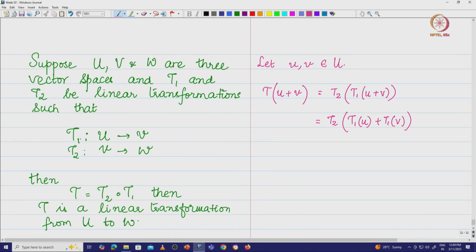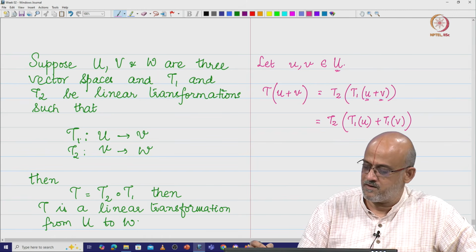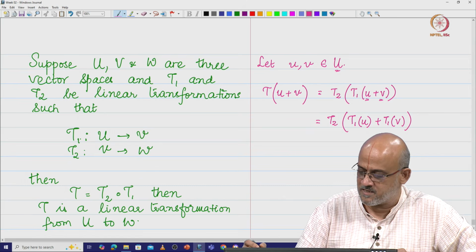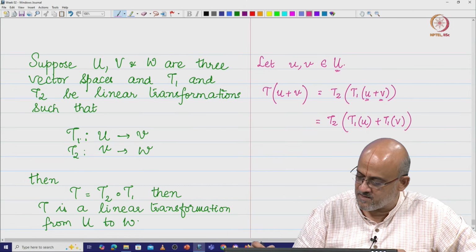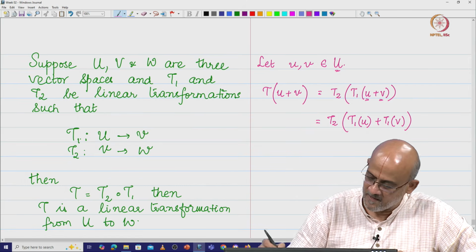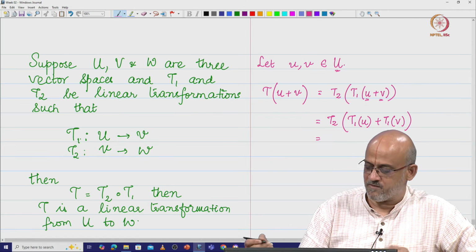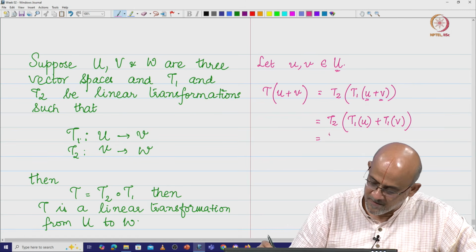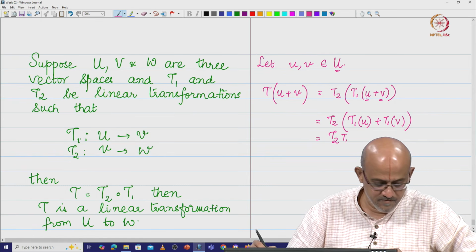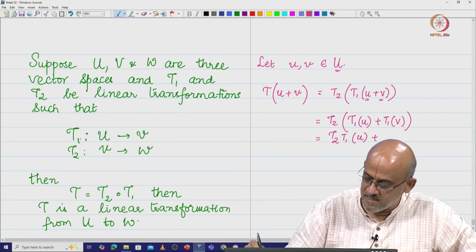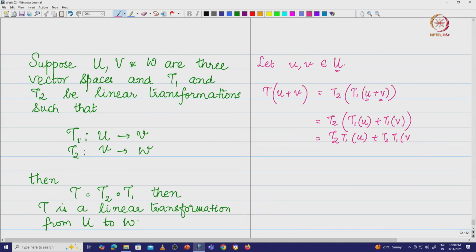What does it mean? T1 is already a linear transformation that I have, T2 is also a linear transformation that we have. T1 is basically a transformation on the vector space u. So, it takes two vectors u and v in u. Since it is a linear transformation, I am going to write T1 of u plus v as T1 of u plus T1 of v. Now, T2 is again a linear transformation, I know. So, this is going to be T2 of T1 of u plus T2 of T1 of v,